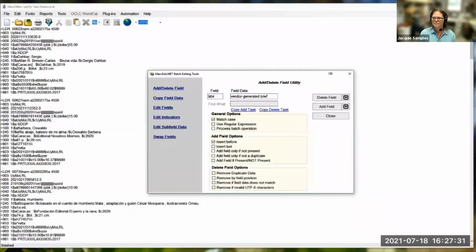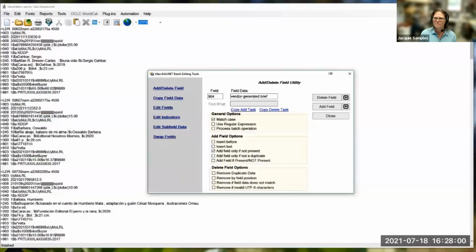But what I'm going to look for first is this list of additional things I could make the tool do for me as it inserts this. I could say insert it last, or I could insert it before. I'm going to say only insert it if it's not present. It's not going to be, because I know I got this field from a vendor, but I don't want to duplicate things, so I will do that.